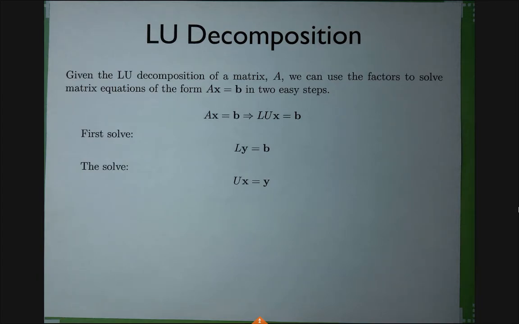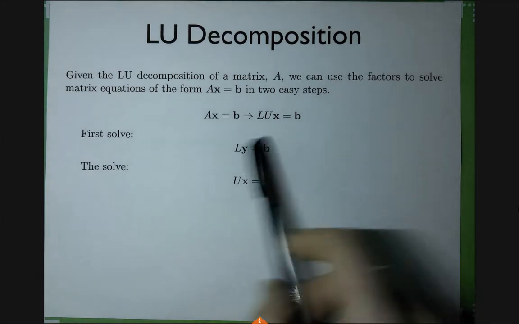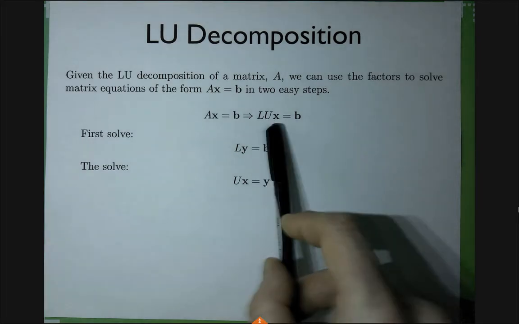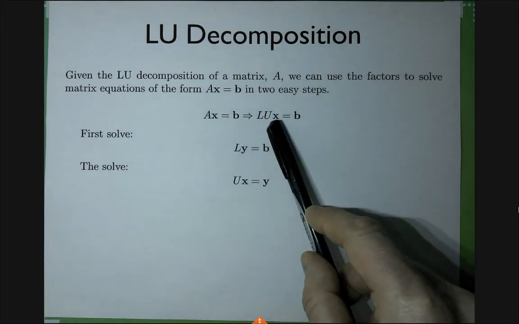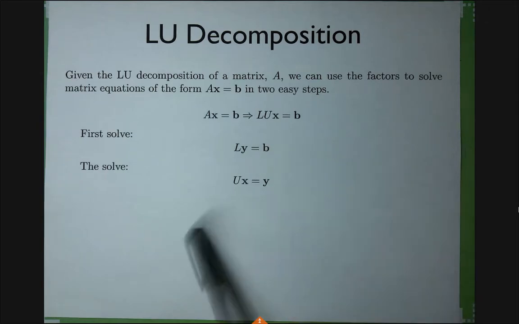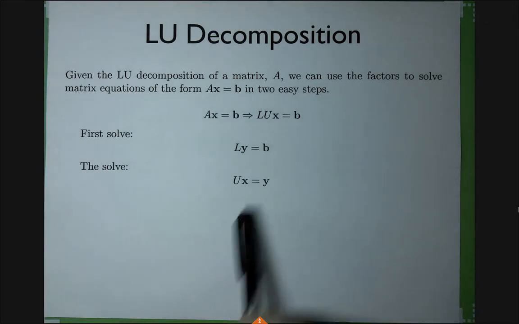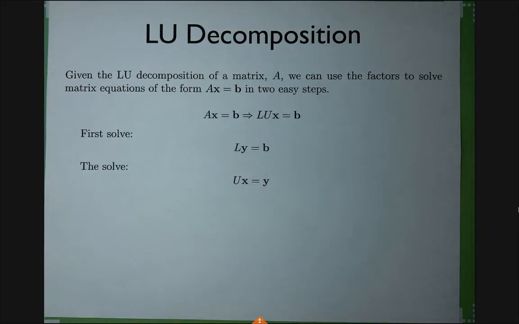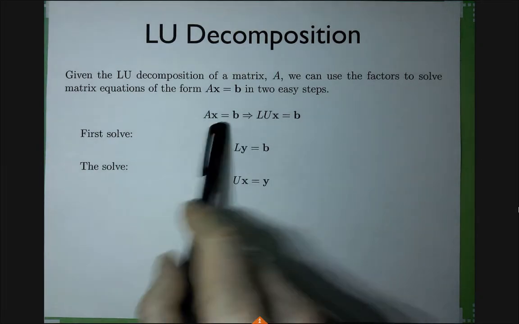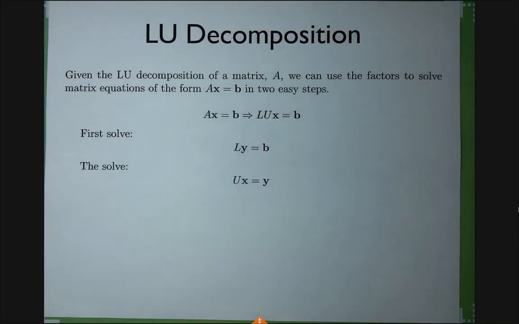Does that make sense? So if you get the LU decomposition, that's actually great because once you have computed the LU decomposition, then given a new B, it's very, very easy to compute the solution. You don't have to be resolving the system all over again because you can reuse the factorization, the decomposition into L and U. Okay, I guess I can do an example of how exactly this works.